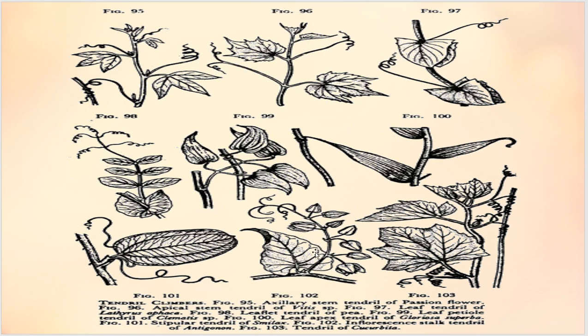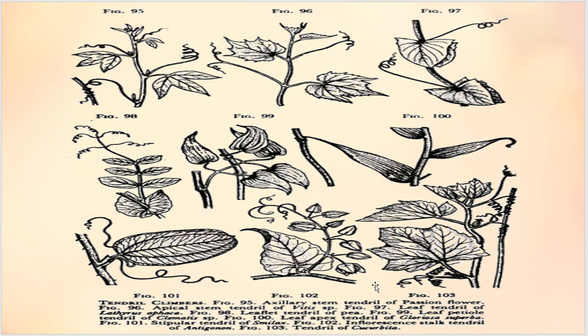And also the inflorescence stalk is changed into a tendril. Inflorescence tendril you can see even in the Chempaka, that is the Manoranjitam flower, Artabotrys odoratissimus. In Artabotrys, or Manoranjitam, or Chempaka, the inflorescence axis will be modified into a hook-like structure. So here the tendril is the inflorescence stalk, Antigonon. And in Cucurbita you can see the tendril. This is the Cucurbita tendril. Okay, so these are a few examples of tendrils.